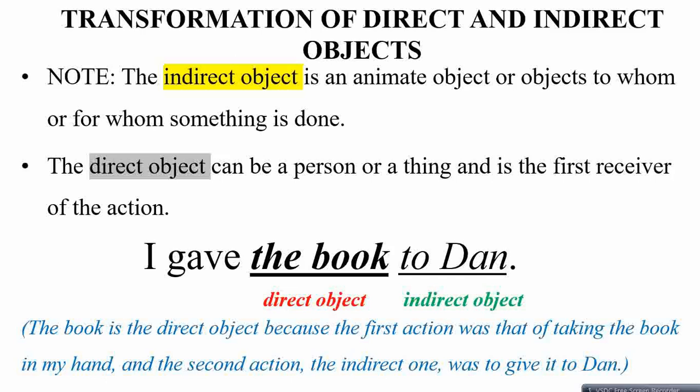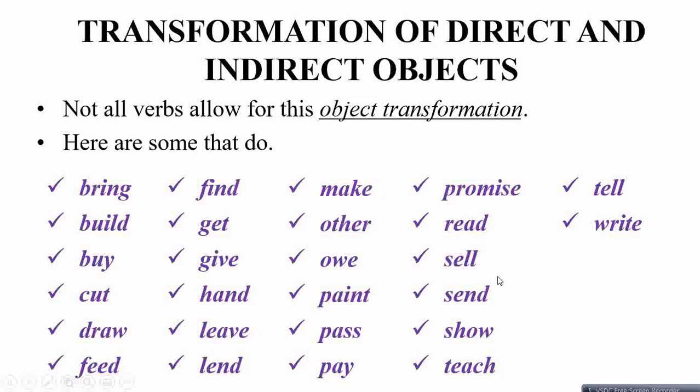So that's how you should know the animate object, the direct object and indirect object, and be watchful about how you place the preposition in case your indirect object is placed after the direct object. Now it's not that every verb is very flexible of having such object transformation. You can't alter the objects with every verb like this